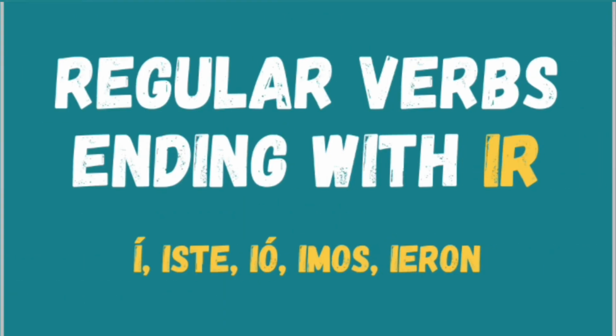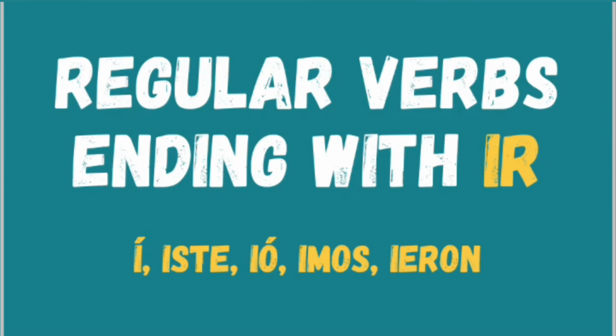So now let's see regular verbs ending with ir. Okay? If you have this regular verb ending with ir, then the ending, according to the personal pronoun you have, would be, if you have the personal pronoun I, yo, your regular verb ending with ir has to end with letter I with an accent. Okay? Now, if you have regular verb ending with ir, and you have the personal pronoun